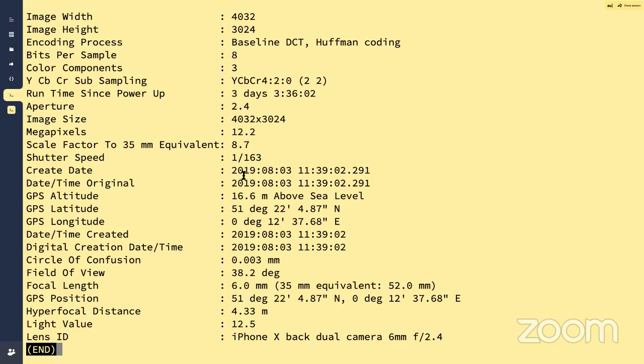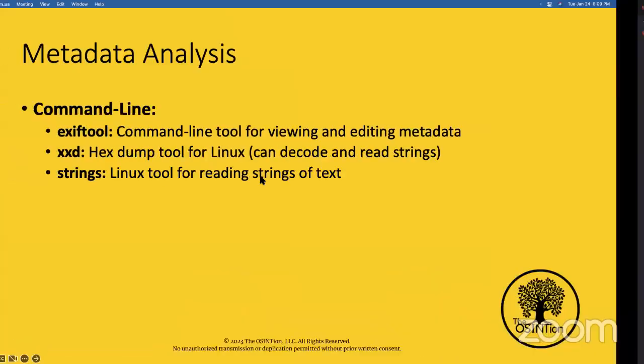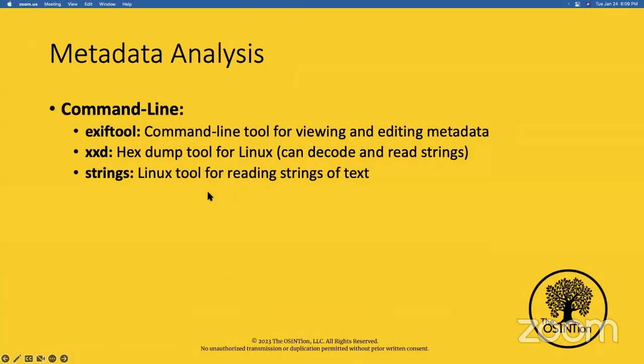We can overwrite this with garbage data, which is what I've done with ExifTool. I'm not going to demonstrate it today, but that's what I've done, where it just gives absolute garbage information. It uses the random command within Python quite frequently to overwrite this stuff, but that's not really your OPSEC pitfall. And we'll get to that here in just a moment.